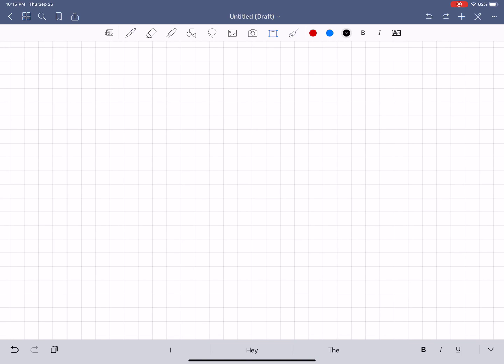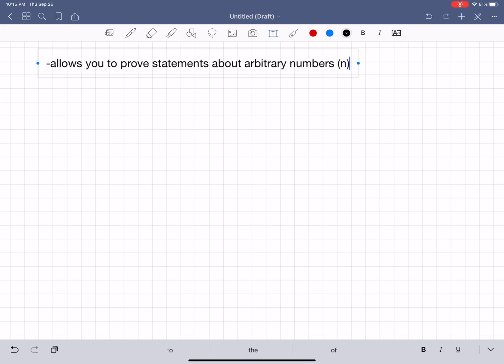Essentially, proof by induction allows you to prove statements about arbitrary numbers that we'll call n, by proving it's going to be true when n equals 1, and assuming it's true for when n equals k, and assuming that when n equals k, it's also true for n equals k plus 1. So by proving it's going to be true,